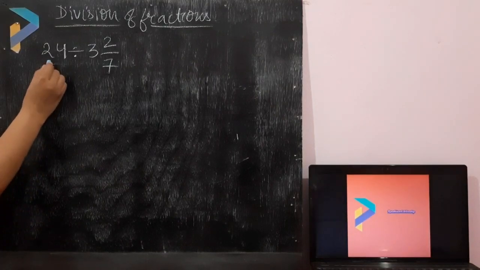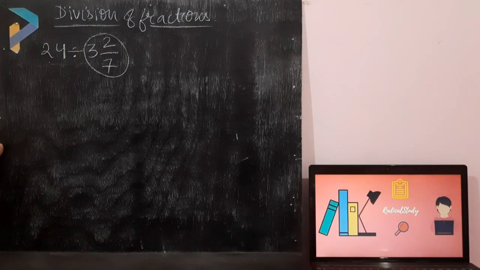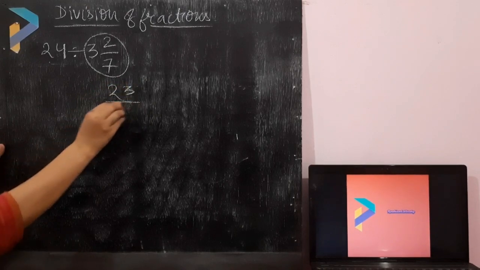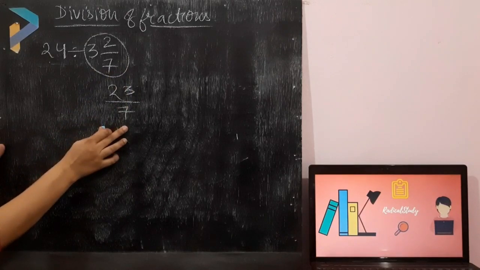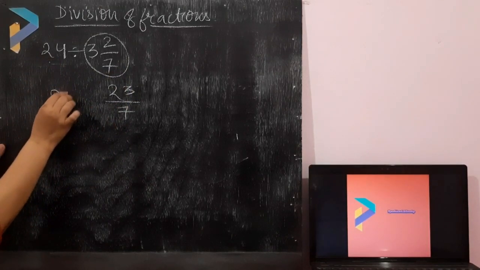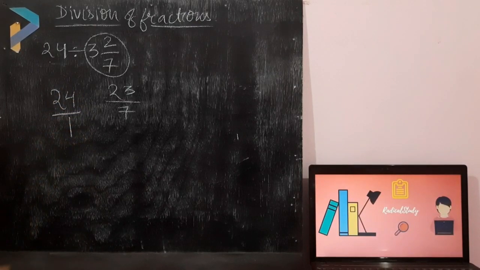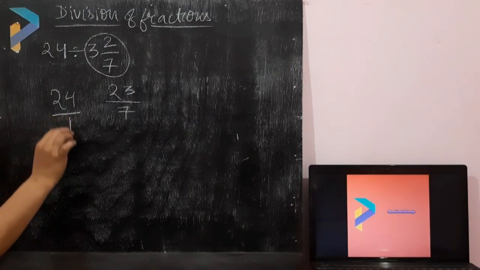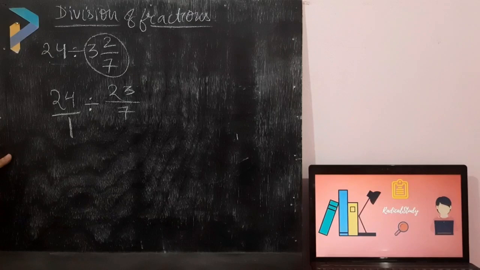So students, now I have taken a different type of example over here. The first number is 24, then the other number is a mixed fraction. As per the rule I have told you, whenever it is a mixed fraction, you have to convert it into an improper fraction. Now 7 threes are 21, 21 plus 2 will be 23 upon 7, right? So we have converted this mixed fraction into an improper fraction. Now this 24 is written like that only, as 24 upon 1. Why have we written 1 over here? As I told you, if there is no denominator, we consider 1 by default. Okay students. So 24 upon 1 divided by 23 upon 7.